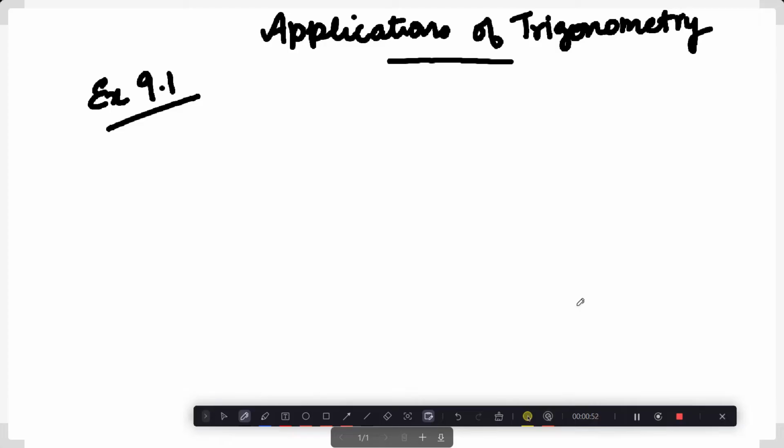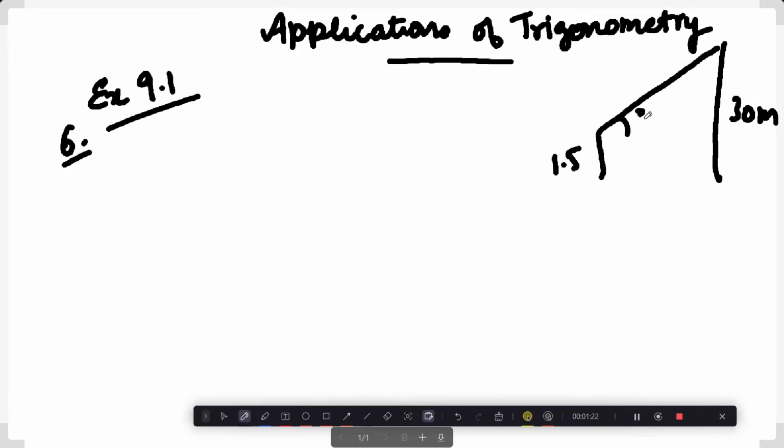So we are continuing with exercise 9.1 and we are going to do select few questions remaining for the class today. So let's start. We'll work on question number 6. A 1.5 meter tall boy is standing at some distance from a 30 meter tall building. Okay. The angle of elevation from his eyes to the top of the building,